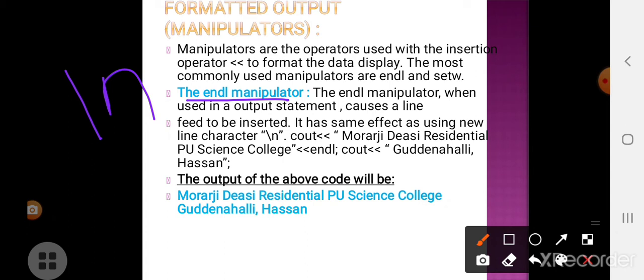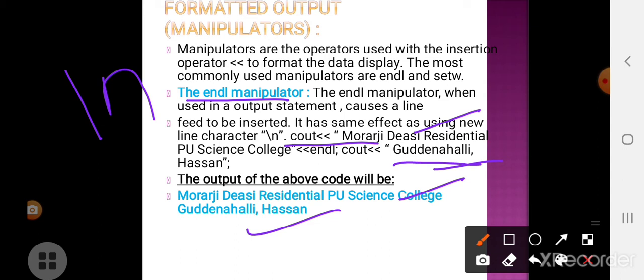We will understand the endl manipulator with an example. See, Morarji Desai Residential PU College is there, and this line will be printed after that. After that, the address is there, Gudenahalli, Hassan.